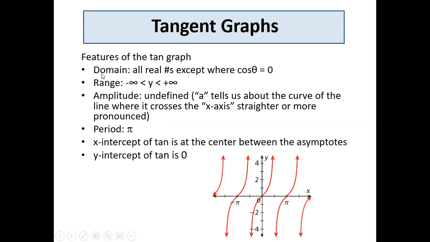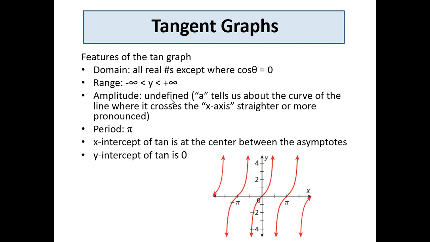So some of the things we're going to have to think about: domain is going to be all real numbers except for these asymptotes where cosine of theta is equal to 0, or cosine of x is equal to 0. So we're using x here. My range is actually all real numbers. Whereas for sine and cosine, it was defined by the amplitude. Now for tangent, it's going to be all real numbers for the range. Amplitude really is undefined,